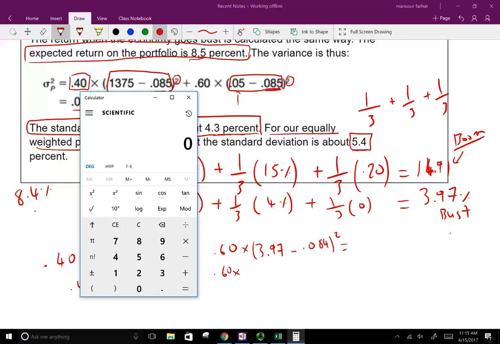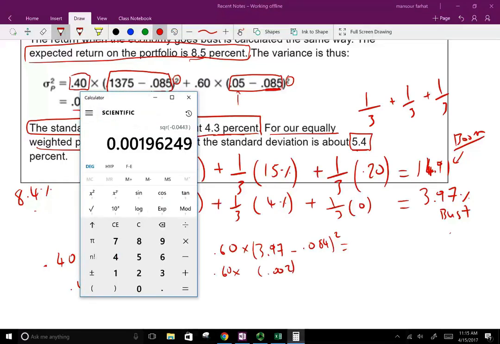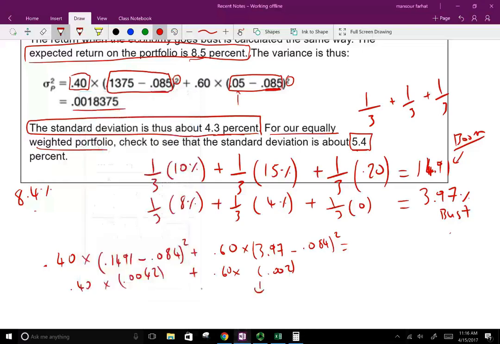Oops, no, 0.0397 minus 0.084. Okay, that's going to be 0.001962. I'm going to make it 0.002. Okay. Now we're going to take 0.002 times 0.6, and that's going to give us